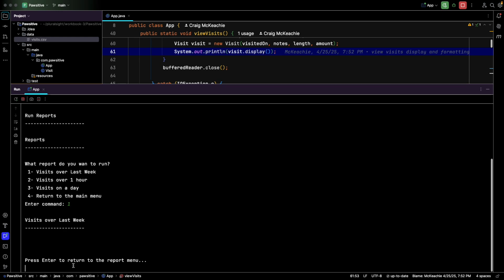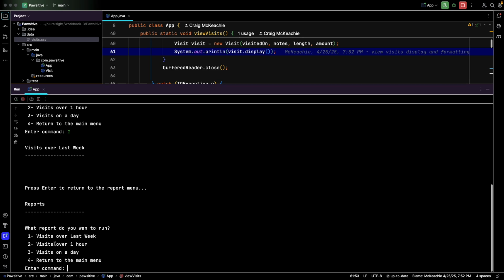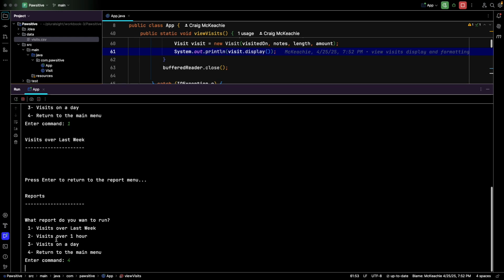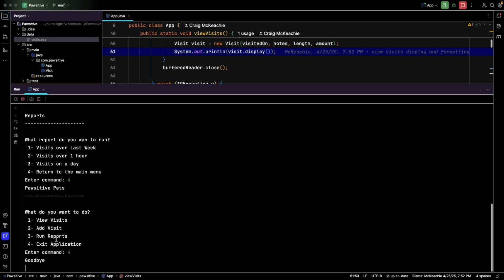If I click on one, obviously it's not doing anything right now. It's just got the header and it's displaying a blank page. So if I go back to the main menu and then I exit out the application,